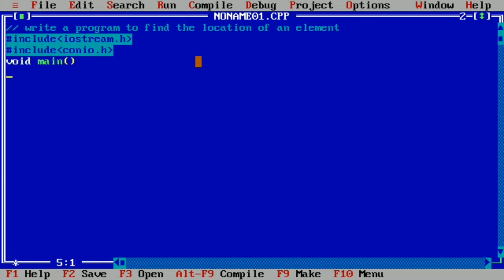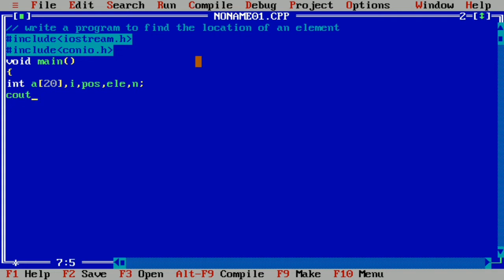Then we'll write void main, curly open brace, and here we are going to declare variables. We'll take an array of size, for example, 20. Next we'll write i is required, position one variable is required, and the element whose location is to be determined is to be taken. Next, n is the number of elements.